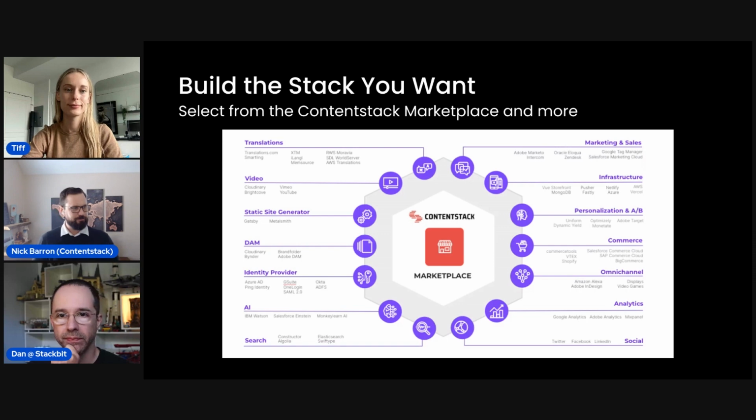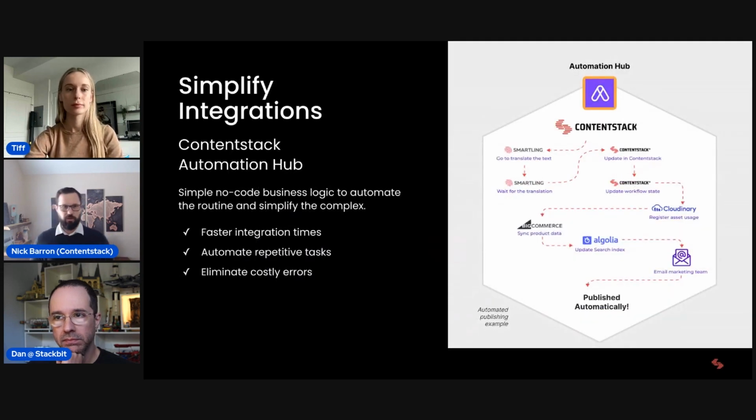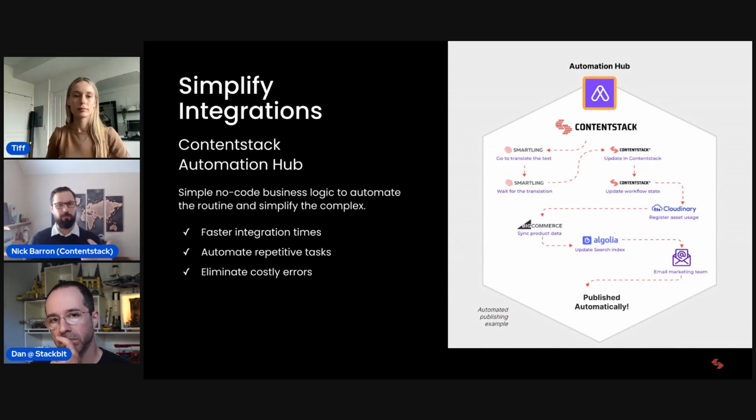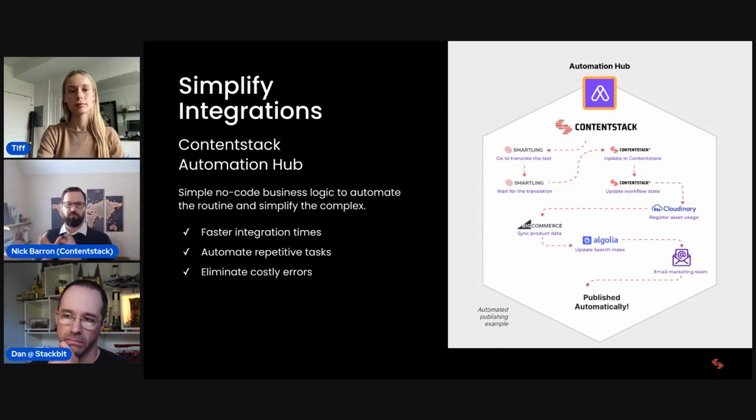So yeah, I think that really helps, especially when it comes to that cross-functional nature, right? How do we get different people from different departments all on board? Well, one big way is by taking a bunch of these different things that all just work together. And if we jump to the next slide, I'll give a little example of a story, right? A part of the Contentstack core platform is something called the Automation Hub that allows businesses to just do things, right? It allows us to automate the automatables. It takes these business workflow processes in the back end that would typically require me or somebody else to go in and do something in one platform, then in another.